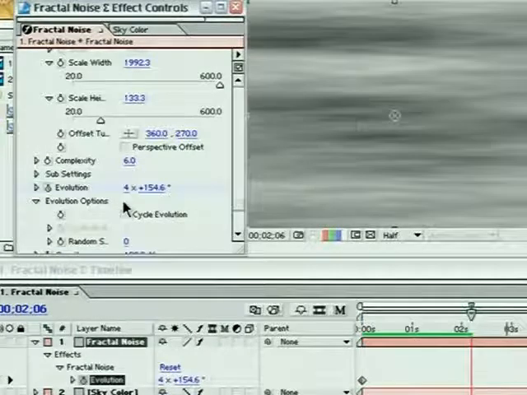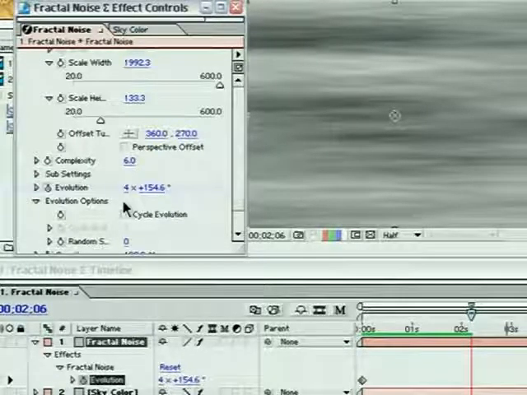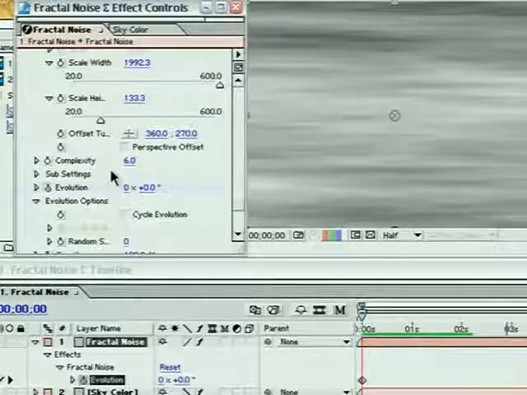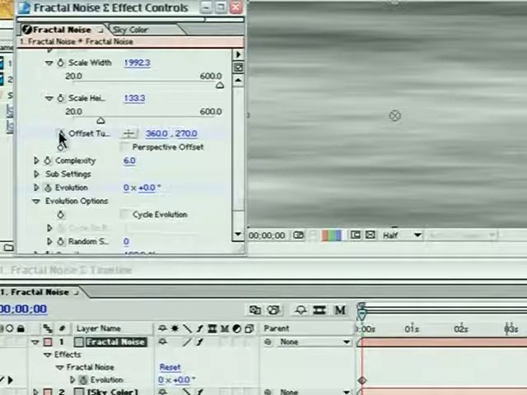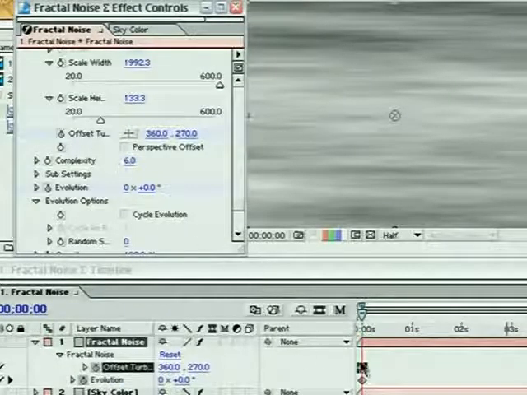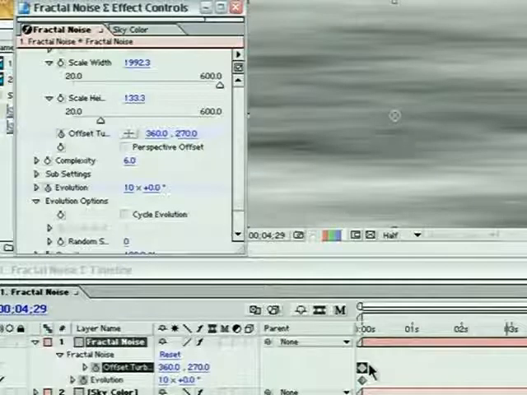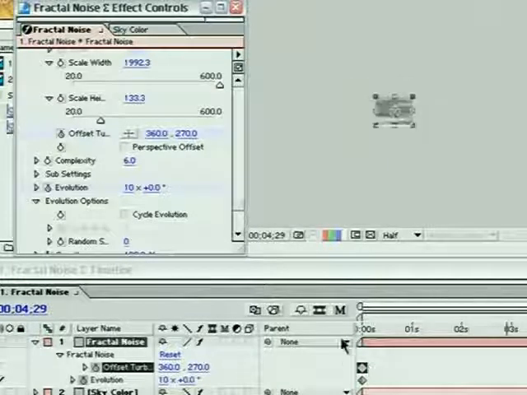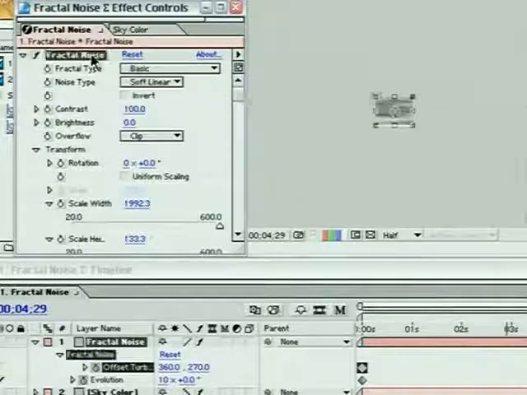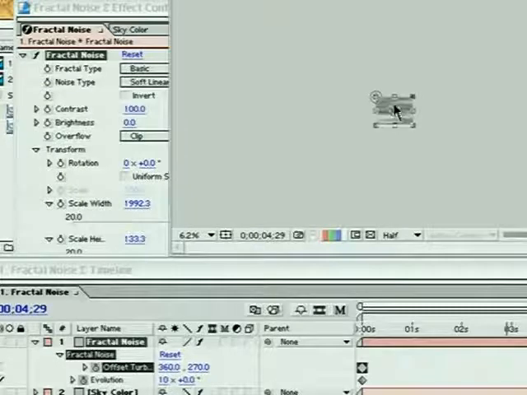And the next thing I'm going to try is animating the offset of the fractal effect so that we get a nice motion of flow in the fractal. So let me jump back to our frame 1 by hitting the home key. And this time we're going to set a keyframe for offset turbulence. Let me type the U key real quick to bring that property down here in the timeline. There it is. Now I'm going to hit the end key to jump to the end of our composition, and I'm going to hit the comma key to zoom out a ways here because what I want to do with our fractal noise filter highlighted so I can actually see the controls in here is I'm going to click right in the center of the layer, and that's going to select the offset turbulence point, and I'm going